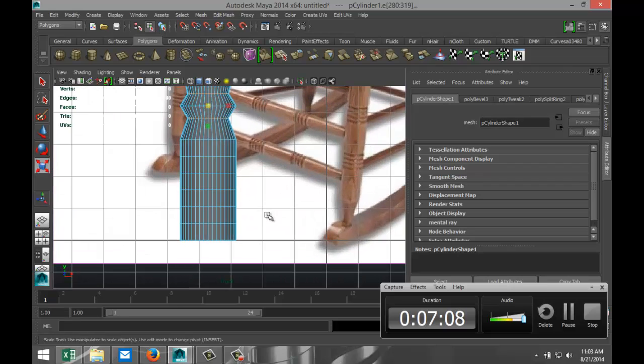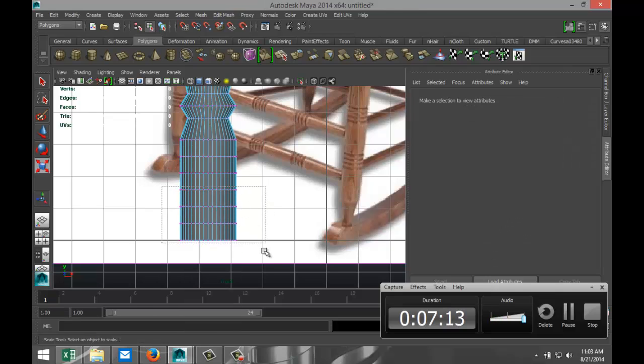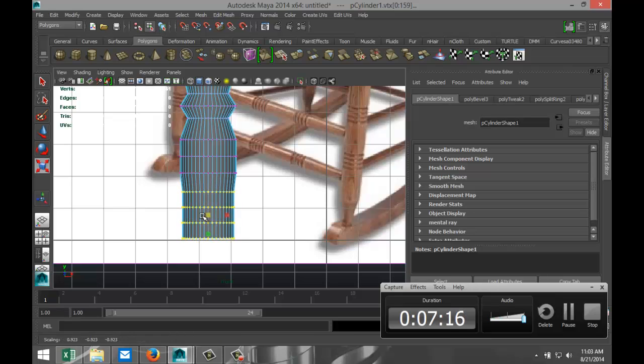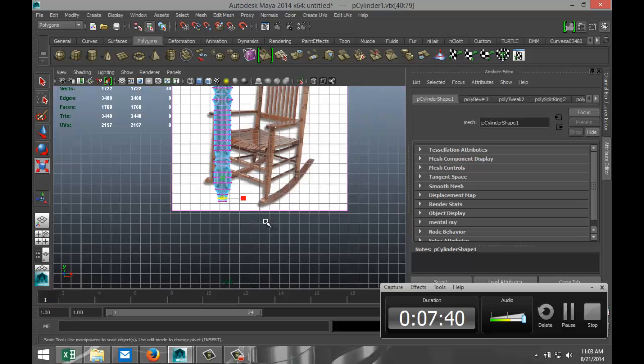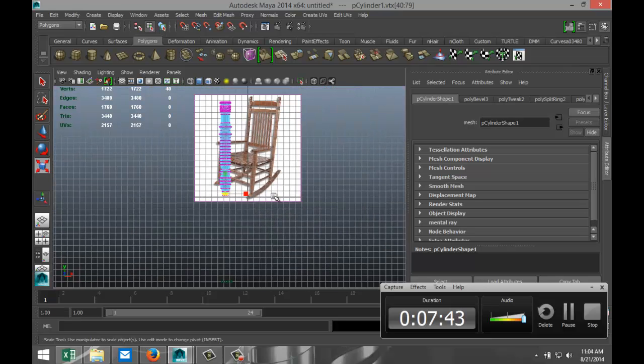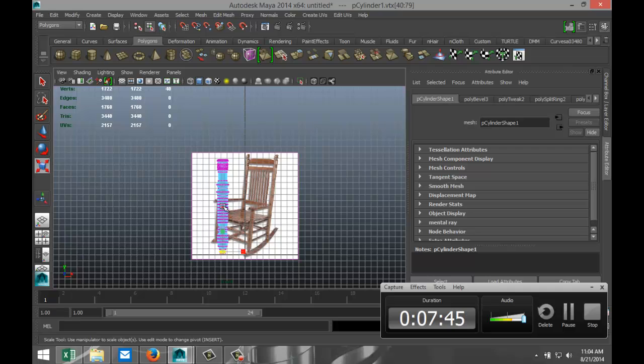So for that, we are going to right click, go to vertex, drag select these 3, pull that in, drag select these, pull that in, drag select these, pull that in, drag select that one, pull that in. Maybe this one a bit more. Something like that. Okay. Now, it's a bit thick and not long enough, so I'm going to right click, go